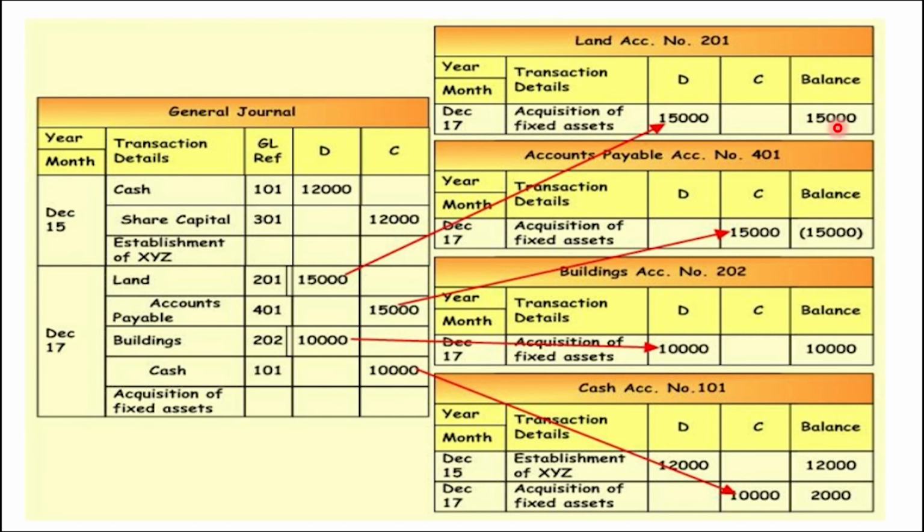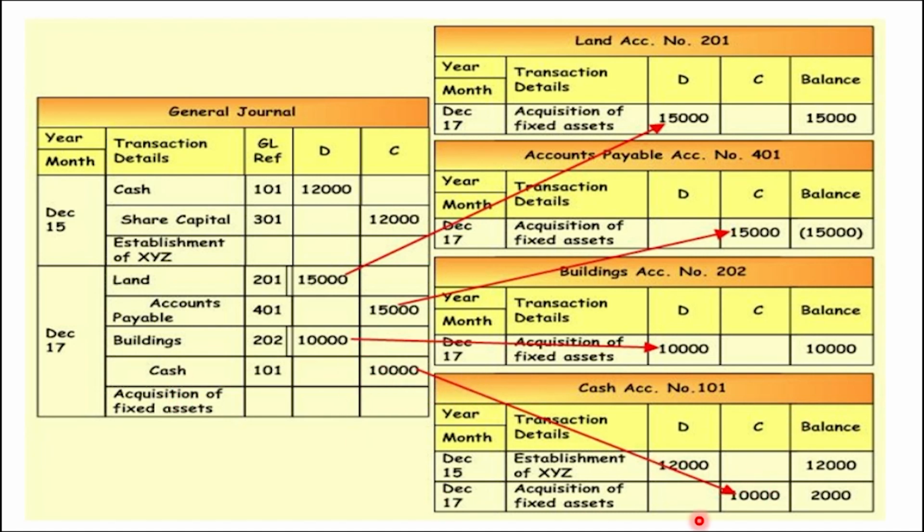I am just talking about how amounts are carried. Taking the amount to the right side is very important, so that is why I am stressing how amounts are being transferred. First I have to look at the amounts. Now accounts payable has a credit balance, so I take the amount to the credit side. In buildings, debit balance, I take the amount to the debit side. In cash, I have an amount on the credit side, so I take it to the credit side.